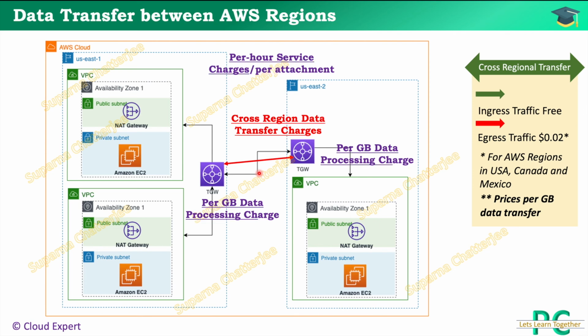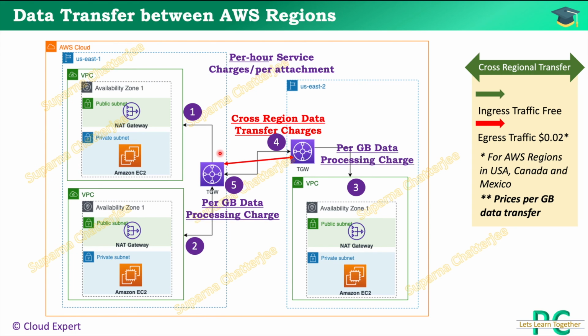For this architecture diagram, we have a total of 5 transit gateway attachments. I know your count is also 5, but in case your count is not 5, let's review what the 5 attachments are. Here you go. Every dot represents a transit gateway attachment. To summarize, we are paying cross-region data transfer charges. We will pay per GB data processing charges for 2 transit gateways, and per hour service charges per attachment for